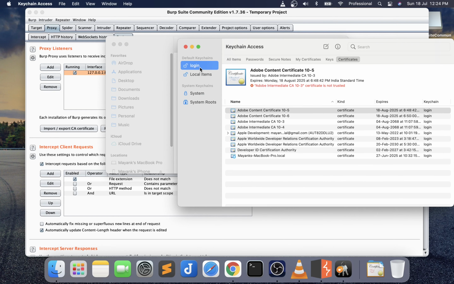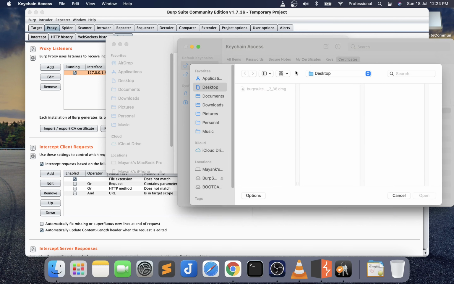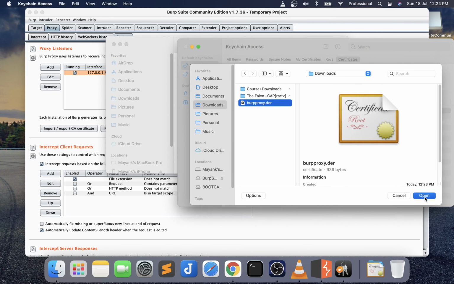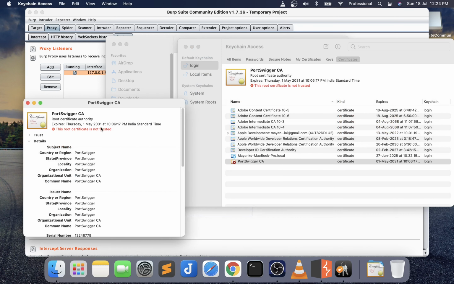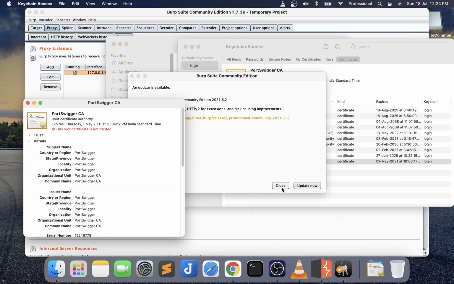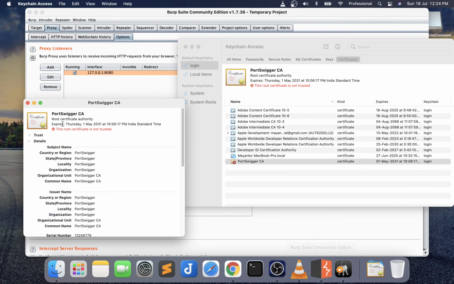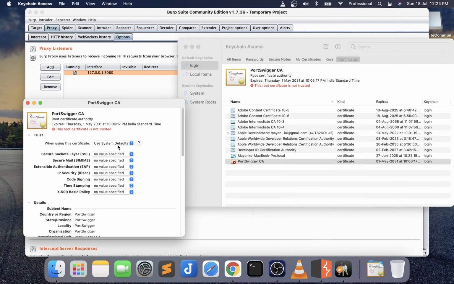Here we will have to add the certificate so that we can have the HTTPS. Let's go there. This is a CA file. Right now this is a cross, that means it's not trusted. We have to mark it as trusted. So we go to trust and always trust.